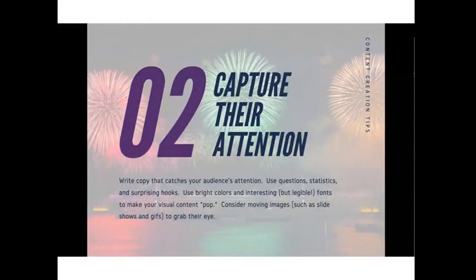Second, capture your audience's attention. You want to write copy that really grabs them. When you are starting out with writing copy, use questions. Ask a question that you know they're going to say yes to, and that you're in their head and you're answering a question they've had in there that's been rolling around, and let them know you're going to give them an answer. Share a shocking statistic or something surprising,